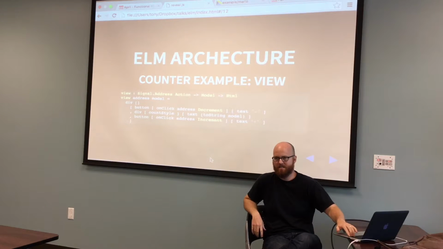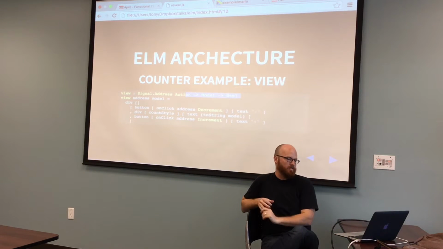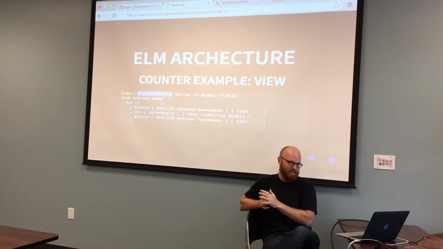Make sense? What's the first line mean? This line right here? Yeah, I followed the HTML bit, not this part. Yep, so that is your type definition. So all of this is just pure functions. Again, this is something that you could leave off. This is beyond my level of knowledge, but basically how these things actually hook up together is through a series of signals with these messages.